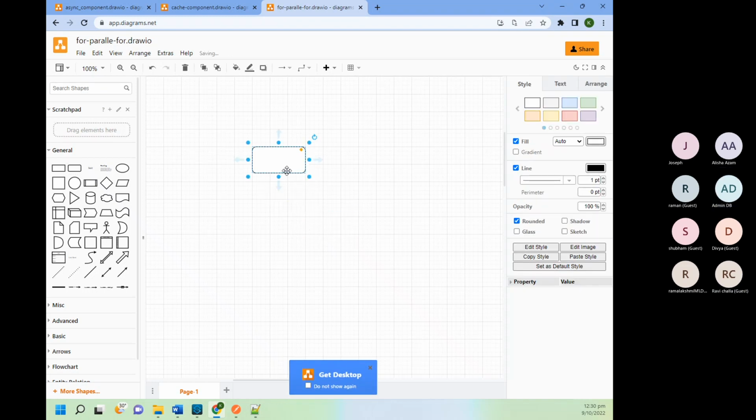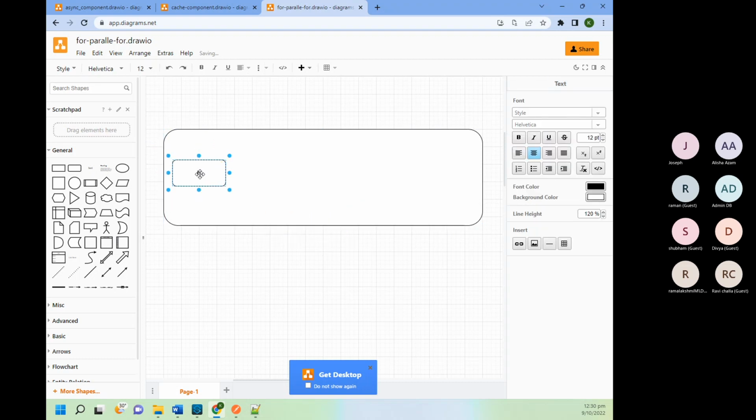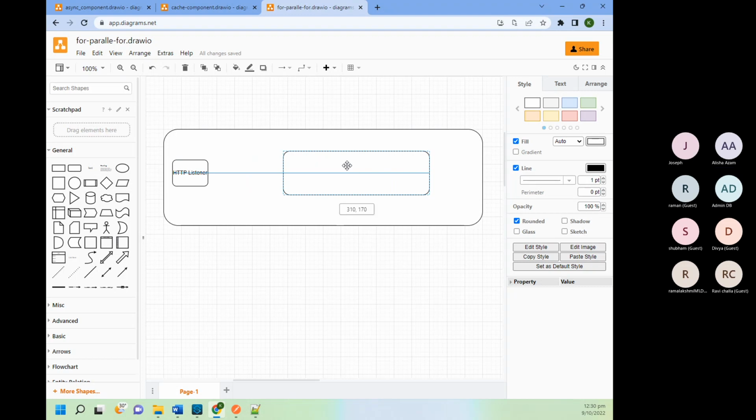Okay, let's say we have this processing: HTTP listener. This is our for each. Before this,